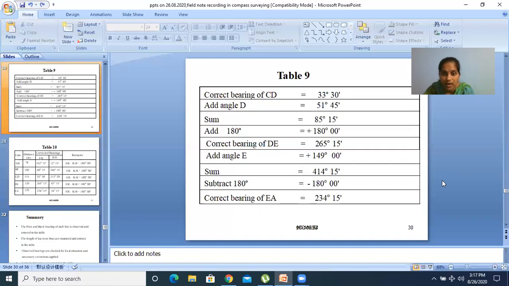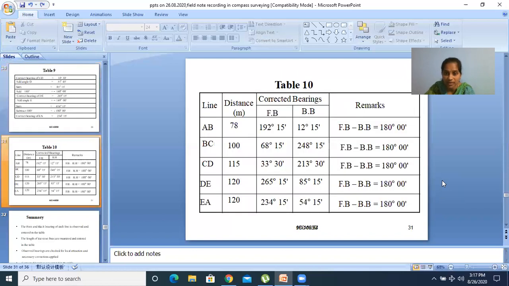Then you can tabulate all the bearings, correct forebearings and back bearings. These are the correct forebearings which we have calculated from the correct angles. From that you can calculate the back bearing. How can we calculate back bearing? If forebearing has been given, correct back bearing is equal to forebearing plus or minus 180. Same rule. By using that rule, you can calculate all the back bearings of the lines. These are all the actual or correct back bearings. Now you can see the difference between the forebearing and back bearing is exactly 180.